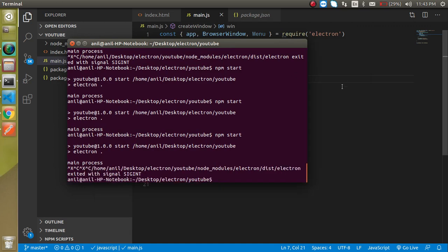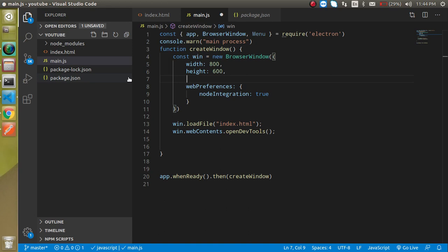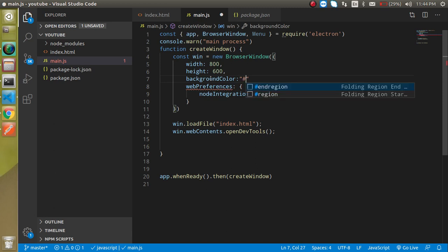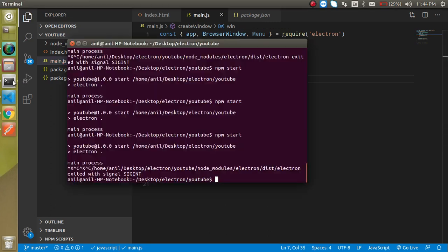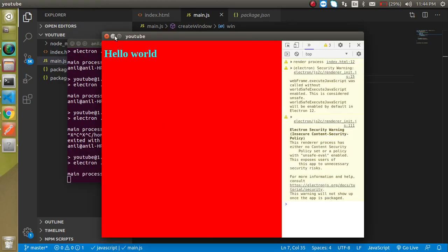So now let's see how we can set the background color, and let's remove these properties, because we will get a problem with closing this browser window, right? So now let's set a background color, and with the background color you can use a hexadecimal code like #FF0000, and this will be, I think, red color, right? And let's try to open it. Now our application background is red.